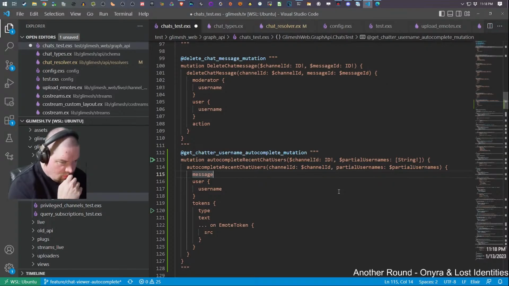Message user username tokens type. Okay. I think this is what comes back. So what comes back is just usernames.